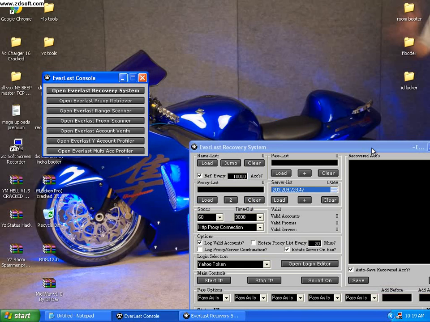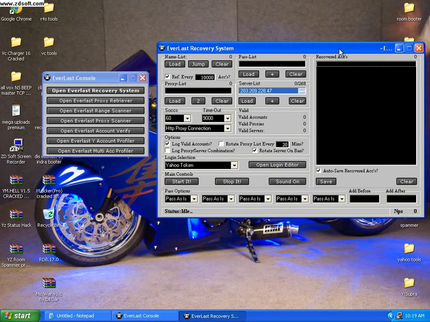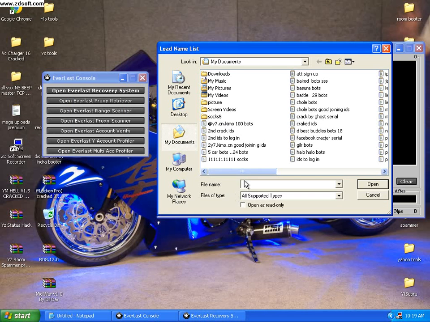Evolus recovery system, where you can log in, load the bots, load the name list, load some proxies, and load the password list. This is a cracker. For example, I'm loading a name list.